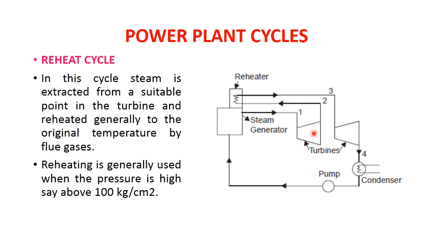So if we observe this diagram again, there will be two turbines, and when the steam generator is passing the steam to the first turbine, after that the steam is not sent directly to the condenser. It is sent to the reheater, where again it is heated at a constant rate, and that expanded steam from the first turbine is reheated and converted into high pressurized steam, and again it is sent from this point 3 to the second turbine, and therefore this second turbine also will create some power, and then the particular cycle is repeated.